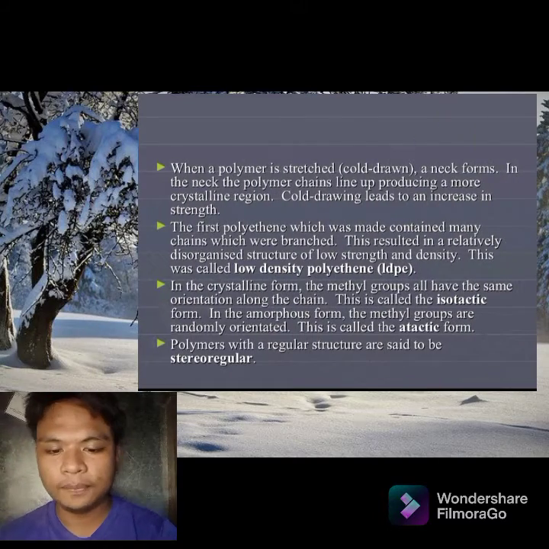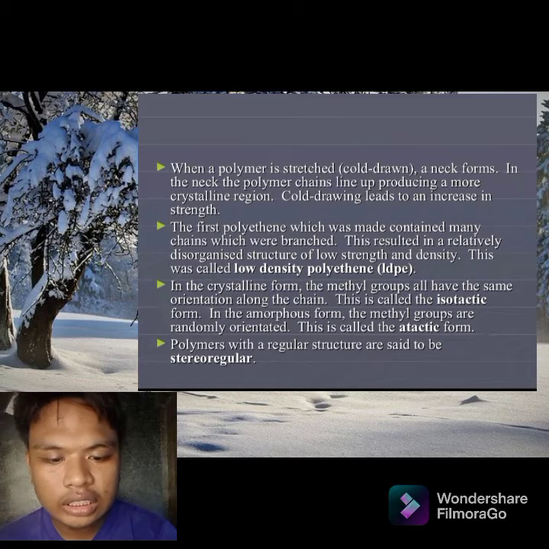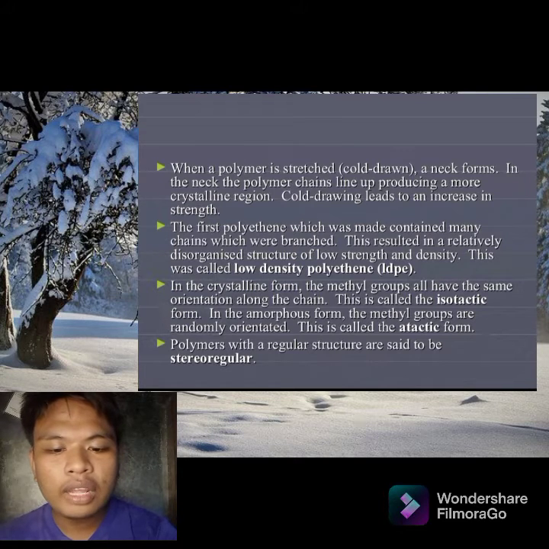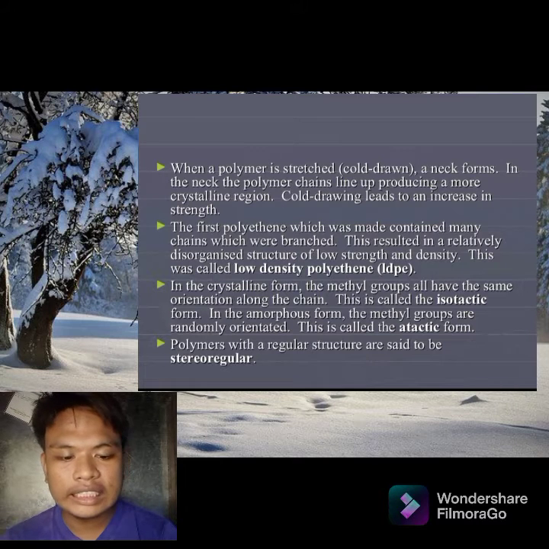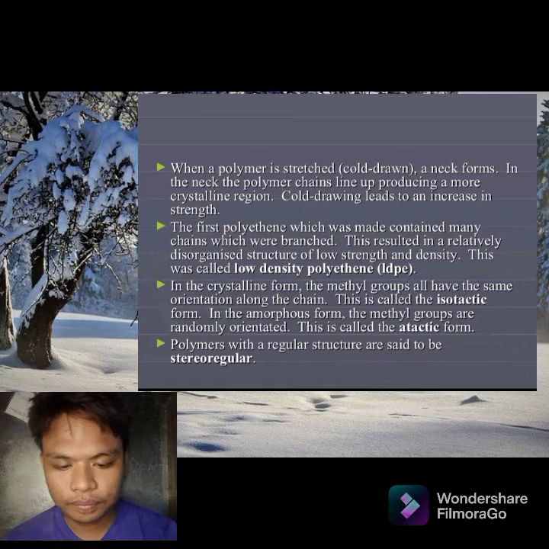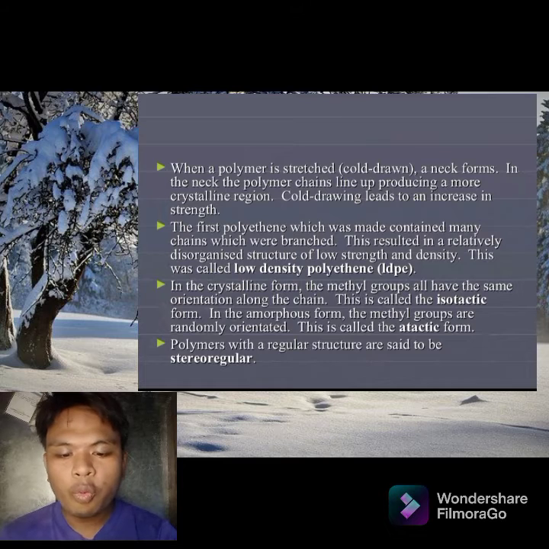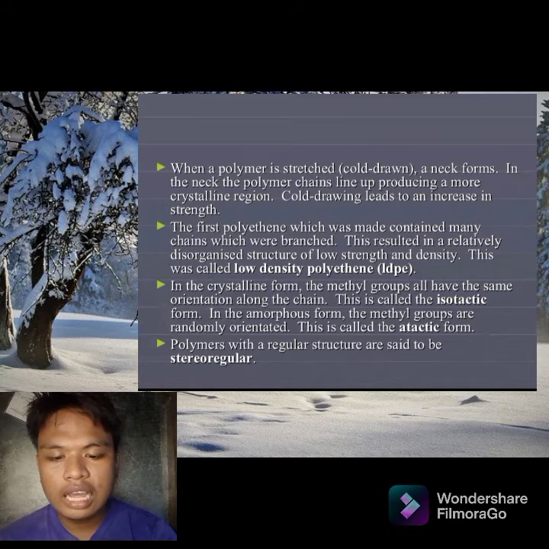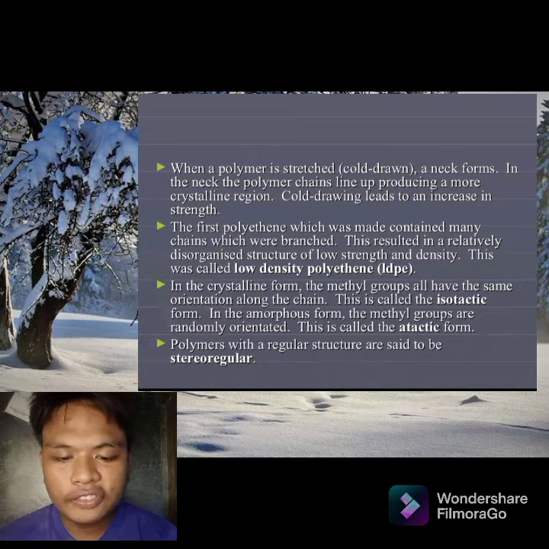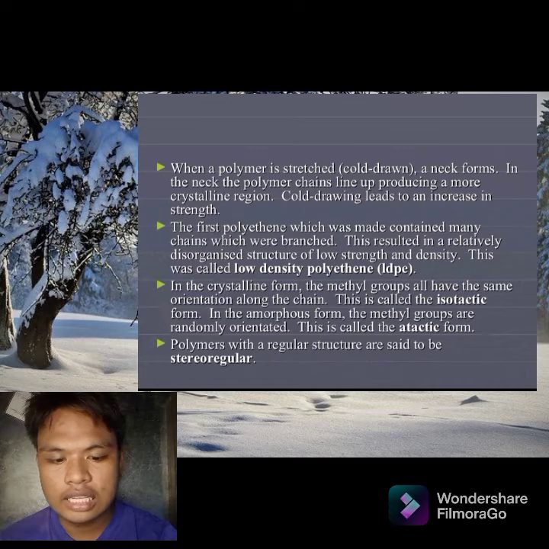Strength of polymers. When a polymer is stretched, or cold drawn, a neck forms, and in the neck the polymer chains line up, producing a more crystalline region. Cold drawing leads to an increase in strength. The first polyethylene was made with branched main chains. This resulted in a relatively disorganized structure of low strength and density. This was called low density polyethylene or